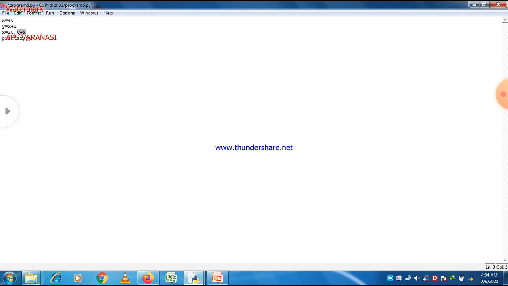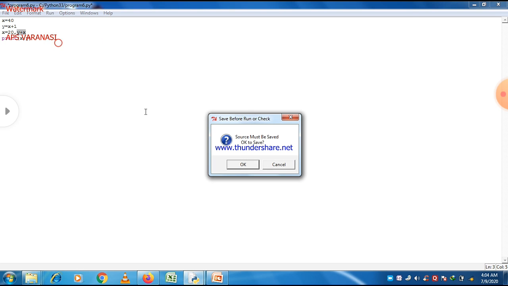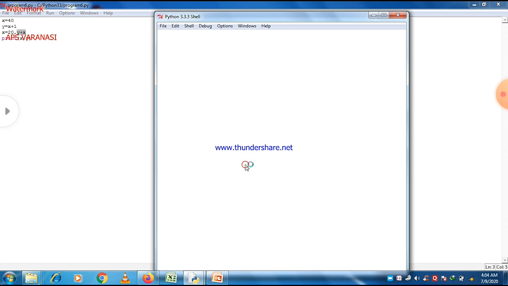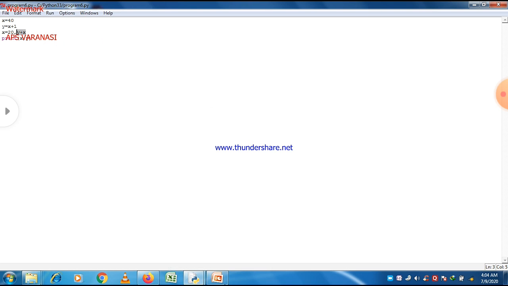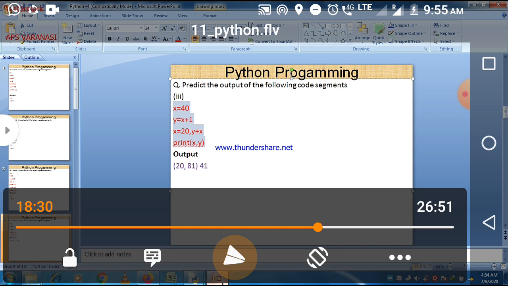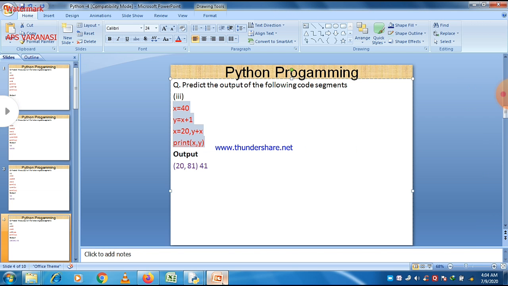So there are two values assigned, and both values are assigned at the same time. So x has basically two values. Now you can easily see that 20 and 81 are the two values, because there are two values assigned to a single variable here.